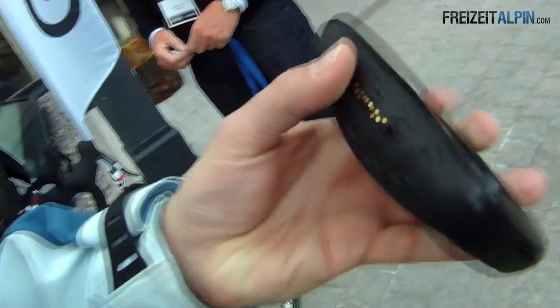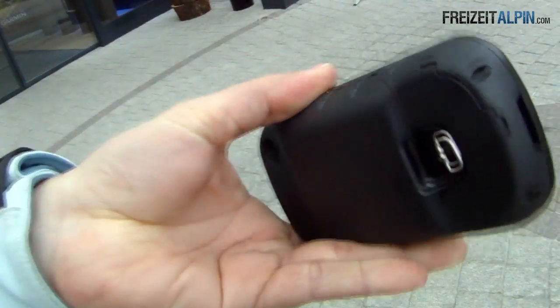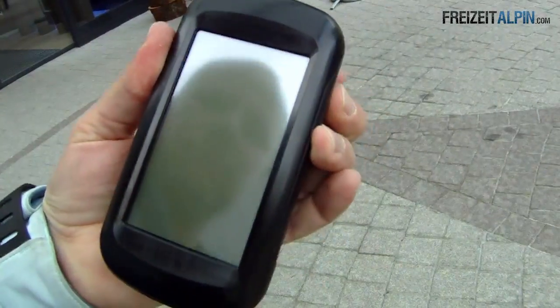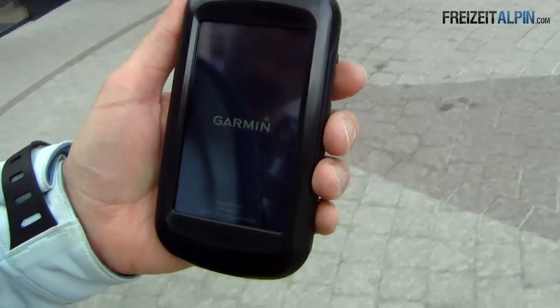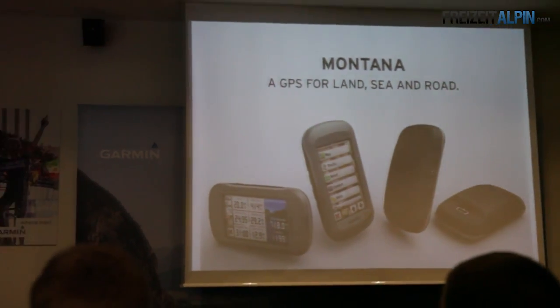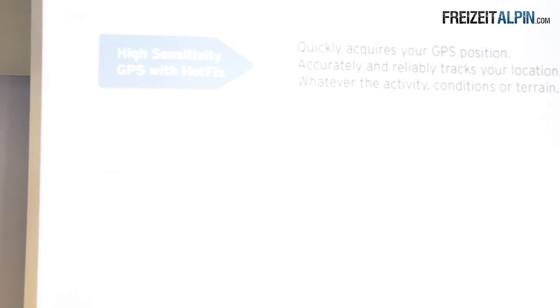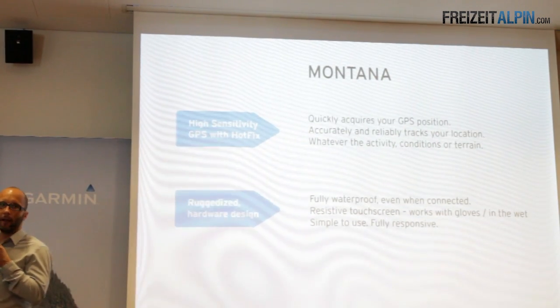And today we are introducing the Montana, which is basically an evolution of our outdoor handheld range, but also an evolution that delivers functionality whether you're on land, whether you're on the water, whether you're off-road, whether you're on-road. Firstly, in terms of the GPS, you can absolutely guarantee with a Garmin product and with a Montana, you'll quickly get your GPS position. 21 years of experience, we know